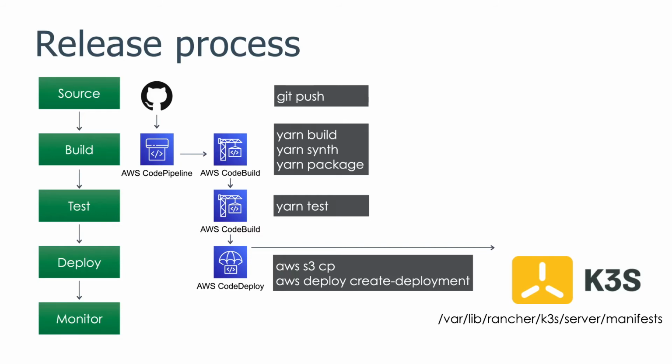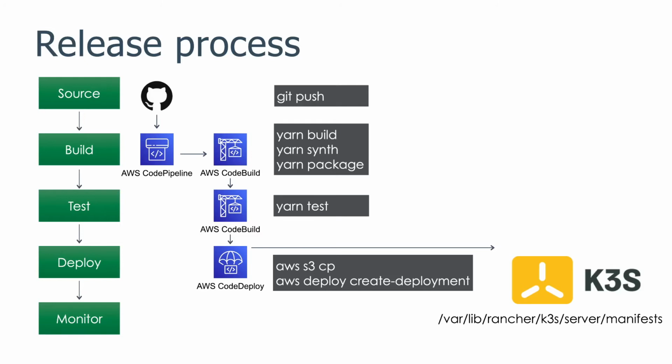And one of the things I love about K3s is that it has a watch folder. So any file found in the folder var lib rancher k3s server manifests will be automatically deployed to Kubernetes. So I configured my app spec file to instruct the CodeDeploy agent to copy the manifests into the K3s watch folder so that at any point in time, the Kubernetes state reflects the source code in GitHub. This has the advantages of allowing me to view the entire configuration at any time by simply viewing the code repo and not needing to log into a server, to easily make changes to the configuration through PRs, or in my case, just committing to master.